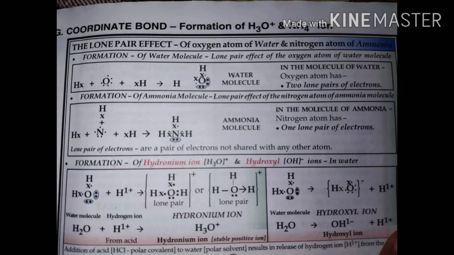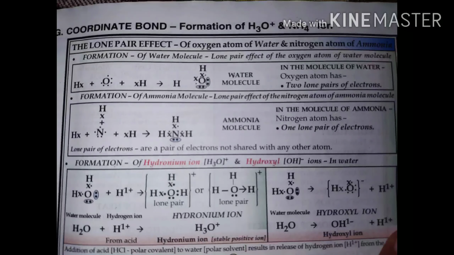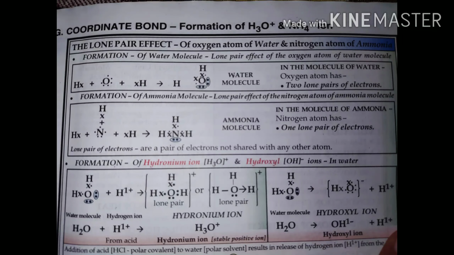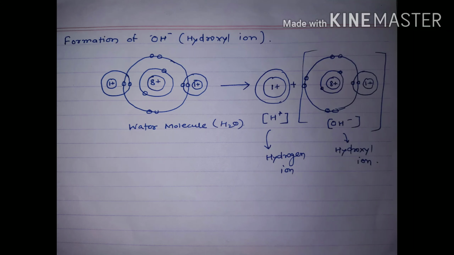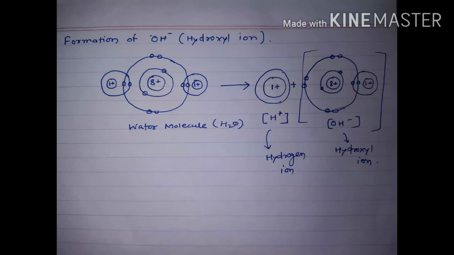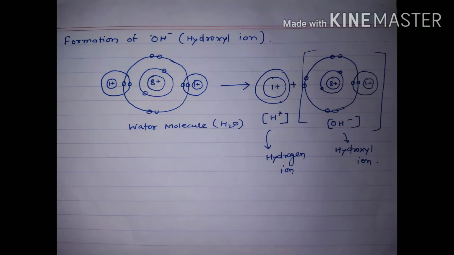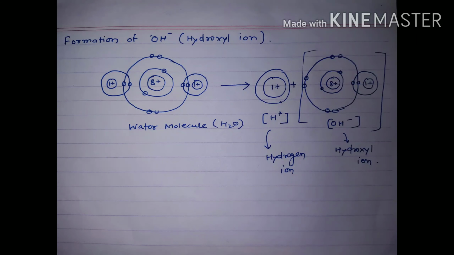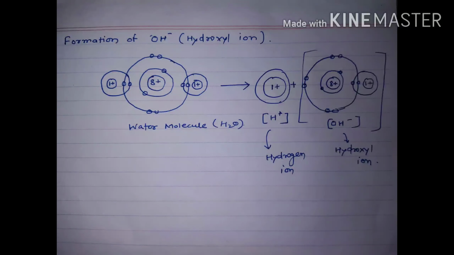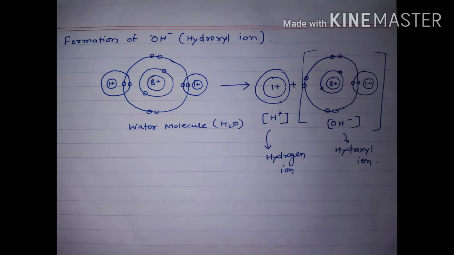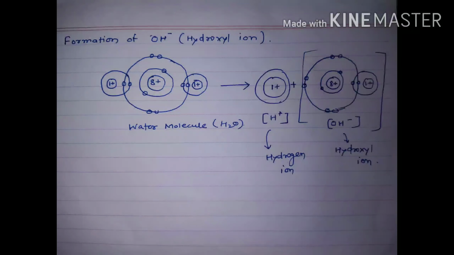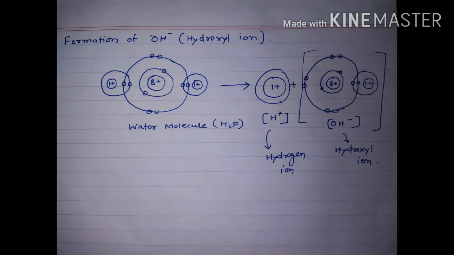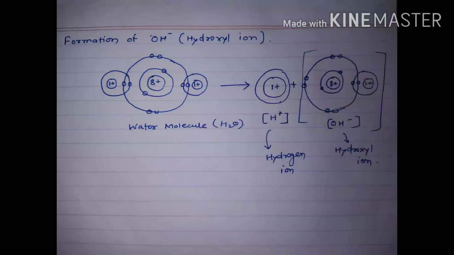See the second diagram. There are two diagrams. See the second one of them, and I have also drawn it on another page. In this diagram you can easily see that there is a water molecule. We know how a water molecule is formed, and it contains two lone pairs of electrons, meaning two pairs of electrons which are not shared, present in the outermost shell, and this water molecule undergoes a change. This change is shown in the diagram.